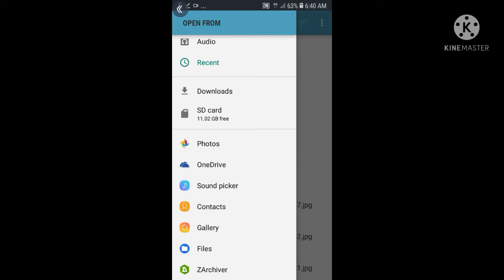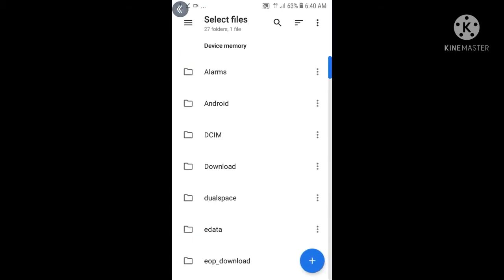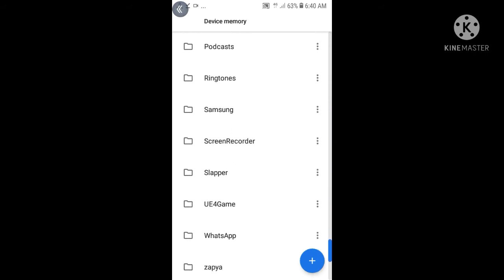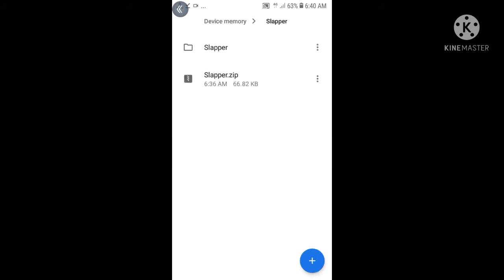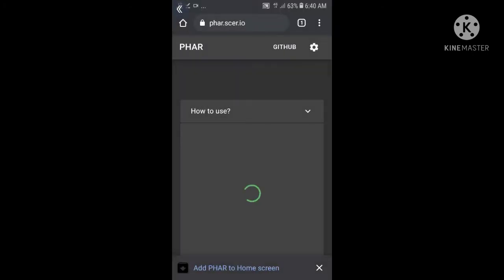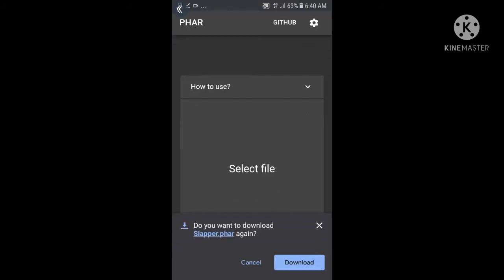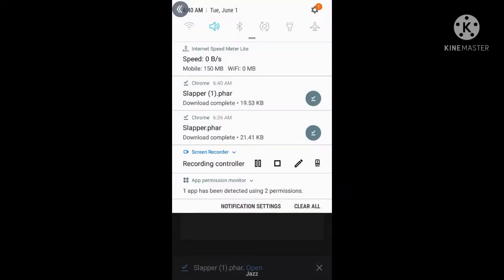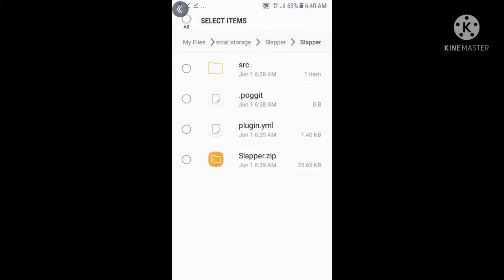Now go down. Now tap on slapper.zip that we created. Now it's gonna convert this .zip file to a .phar file. Now as you can see, it's done.